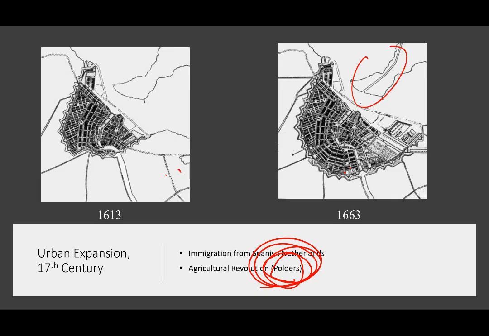And you can see that from the peninsula. Up here you see a canal. But I want you to look at this part of the map. Look at that. This is water and this is farmland. What happened was they extended this wall. Then they filled it up with land.